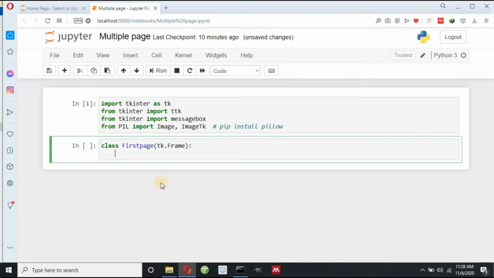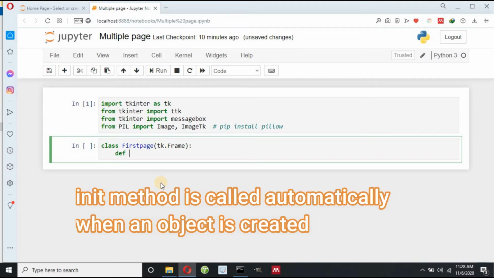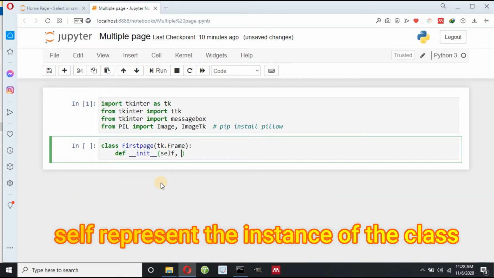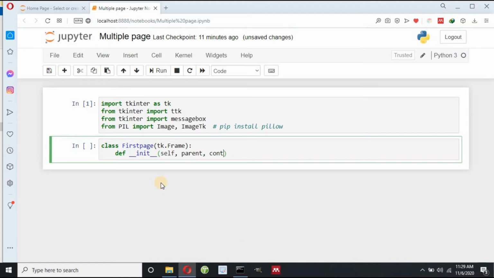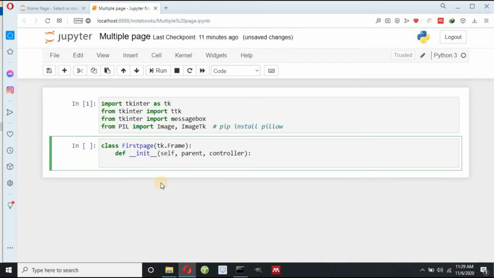I have to make one init function here, so I write def __init__, and pass self and two parameters, parent and controller. I will explain this later, don't worry. Then I have to use tk.Frame and initialize the init method, passing self and parent.